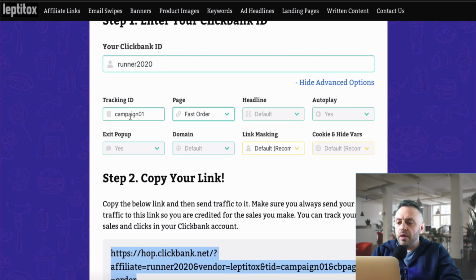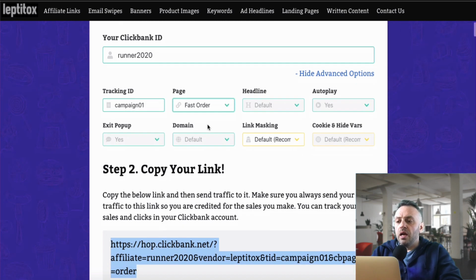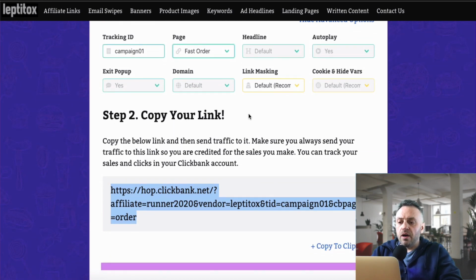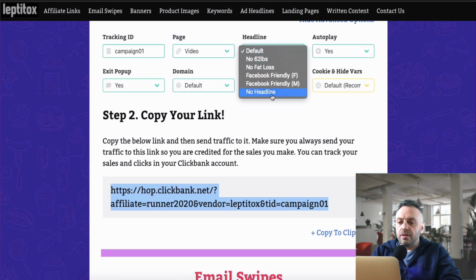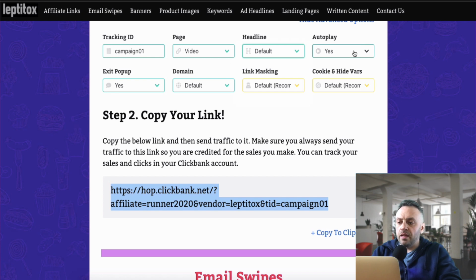So we have our Clickbank ID, tracking ID, things like that. We have a lot of these things. You fill them out. You can have the video, and basically different headlines. It's like a landing page generator, and I've never seen this before. At least I haven't seen something that's as easy to use as this. And so this is really cool, and they give you the link, and you copy this link and you start